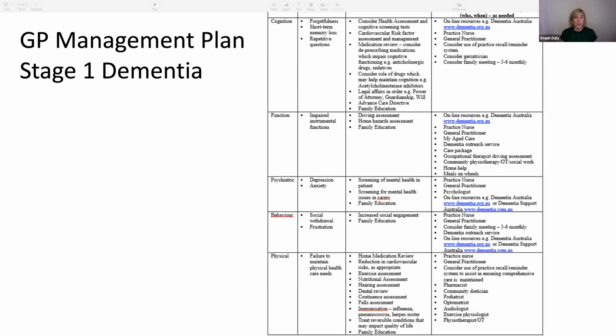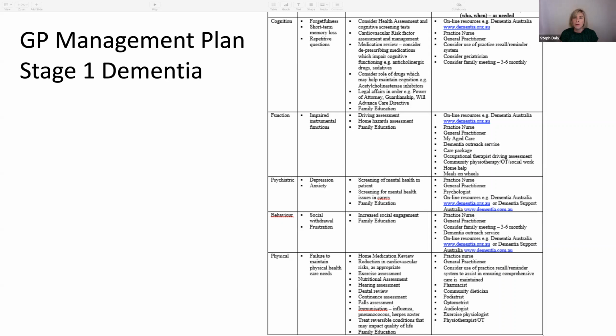But they're worth a go because there is some evidence and there isn't really anything else that we have in our armoury, with the exception of modifying cardiovascular risk factors, which is something that's proven to slow the rate of decline. So if we can be careful about managing blood pressure, cholesterol, activity levels, all of these things will help to slow the rate of decline.